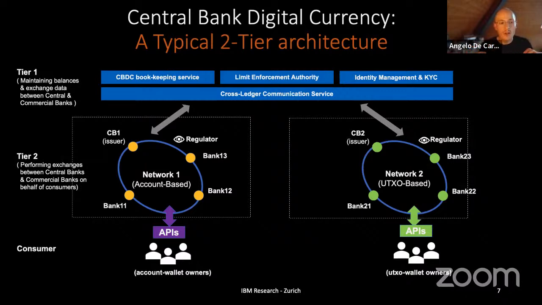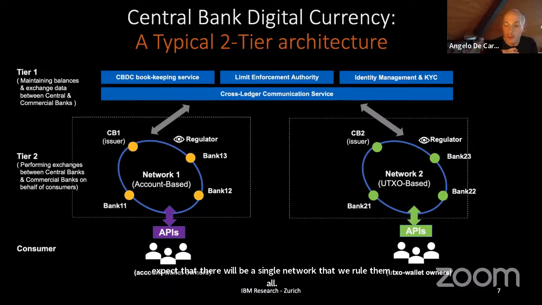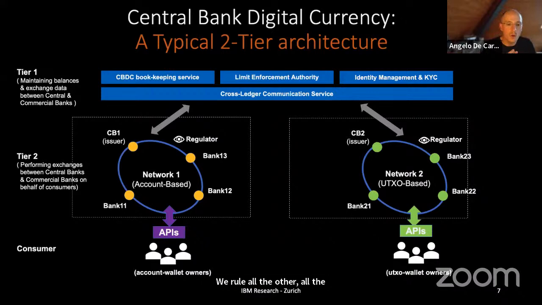And then we have tier two, where essentially there are multiple networks, different kinds of networks. As I was saying before, we don't expect that there will be a single network that will rule all the other networks, or will prevail over all the other networks. But we might have different networks, potentially with different technology, not even necessarily all decentralized. Some of them might definitely be fully centralized as a backend. So in this case, it's very important. Also, another aspect that is very crucial in central bank digital currency is the ability for these networks to